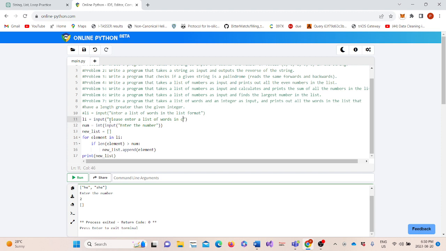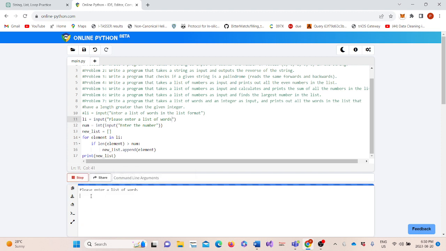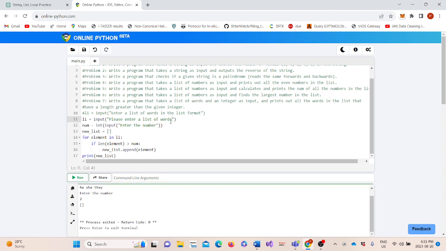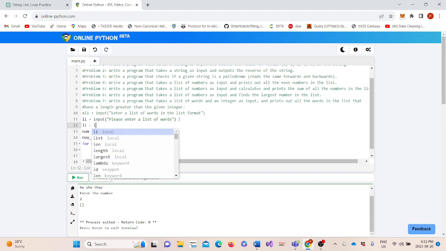No, let's say "please enter a list of words." Let's see. Oh, it might be simpler than what I was thinking. He, she, they, and then to, okay, so it's entering there. So what I need to do is convert it into a list. Li is equal to list of